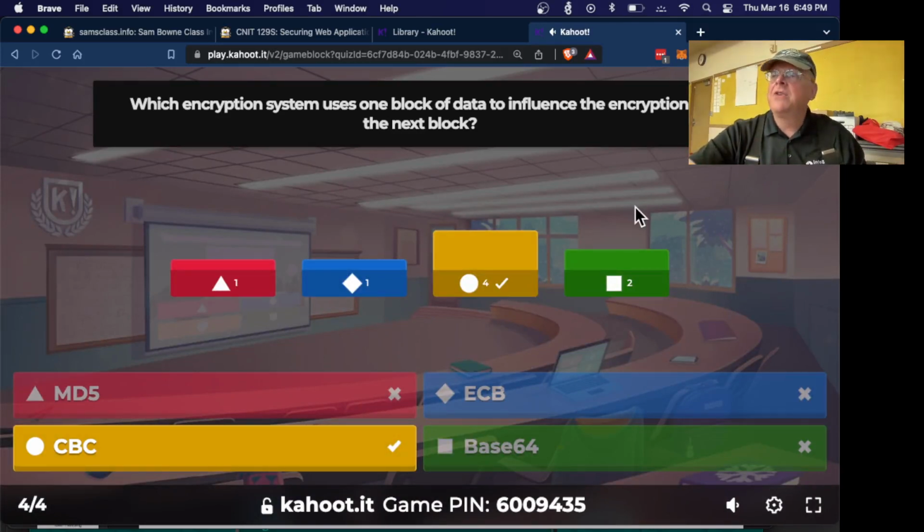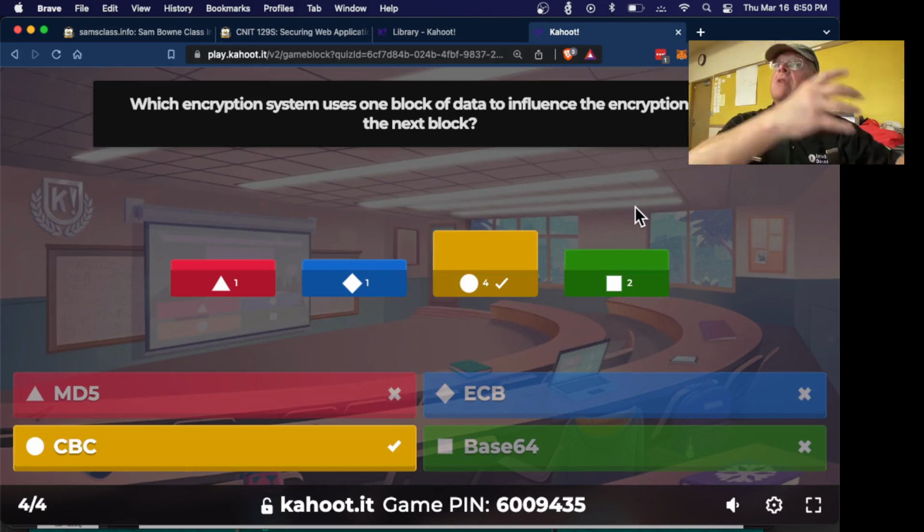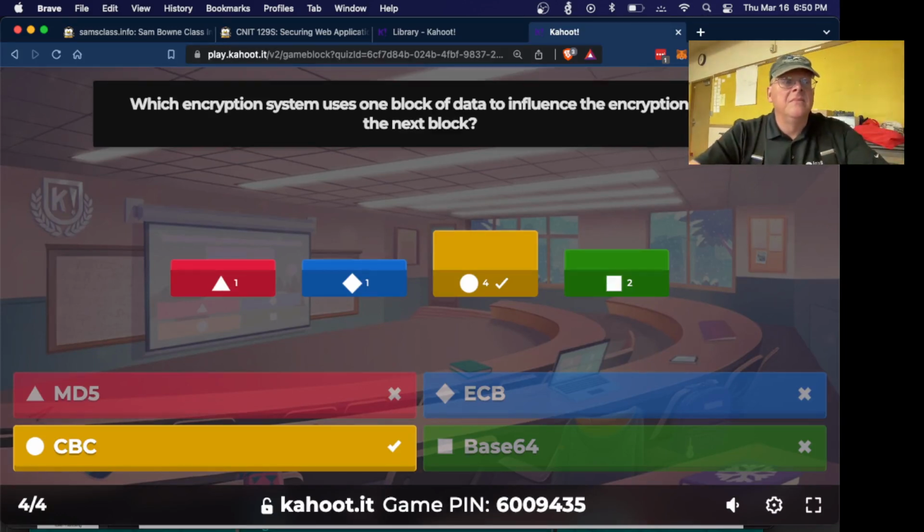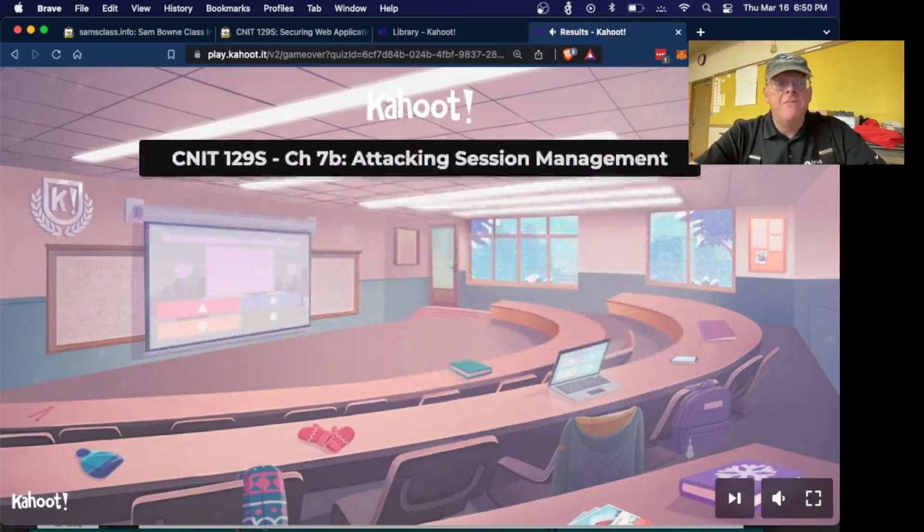All right, by the way, the solution for all this is you should use Galois counter mode. Then you have an initialization vector that's different for every block, and that is created by a pseudo-random function. So one block does not depend on the next block, and every block is encrypted differently. That would stop all these attacks. That's what's recommended.